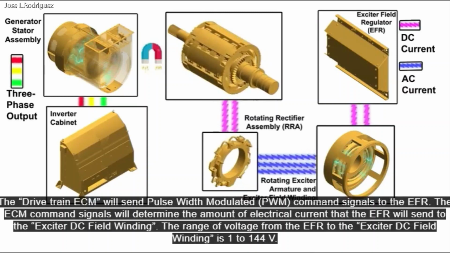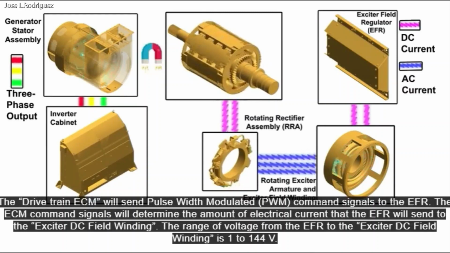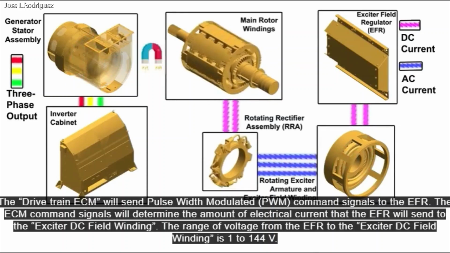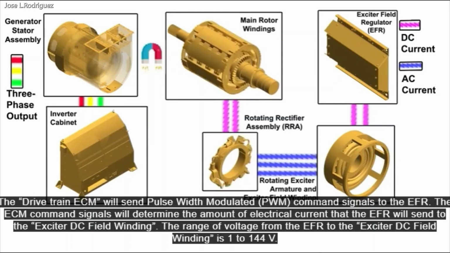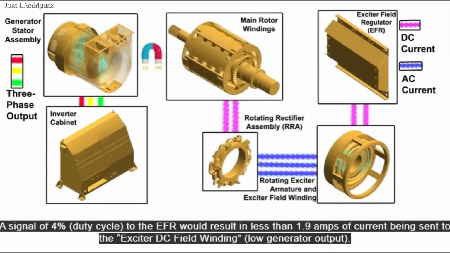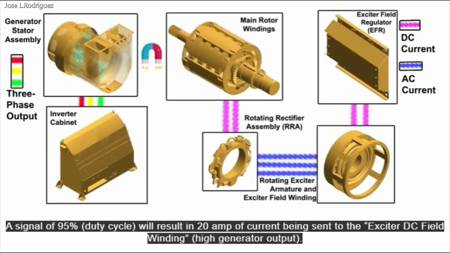The ECM command signals will determine the amount of electrical current that the EFR will send to the exciter DC field winding. The range of voltage from the EFR to the exciter DC field winding is 1 to 144 volts. A signal of 4% duty cycle to the EFR would result in less than 1.9 amps of current being sent to the exciter DC field winding, low generator output. A signal of 95% duty cycle will result in 20 amps of current being sent to the exciter DC field